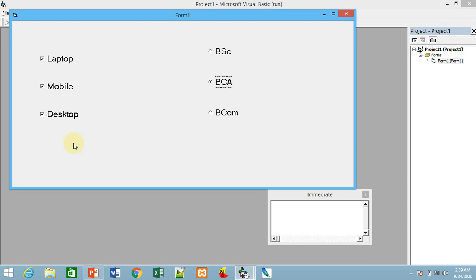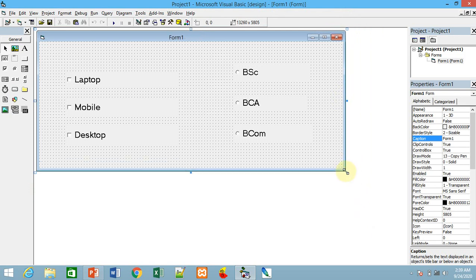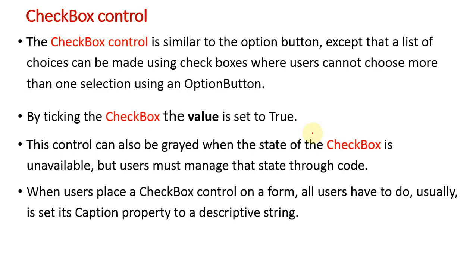So keeping all this information in mind, while designing the interfaces for the application, the designer has to decide whether to use checkboxes or option buttons, whether to use the list box or combo box, whether to use label or text box. So these are some preliminary informations regarding the controls.